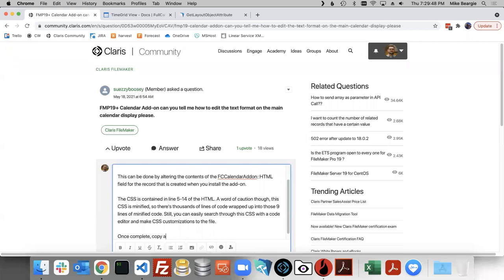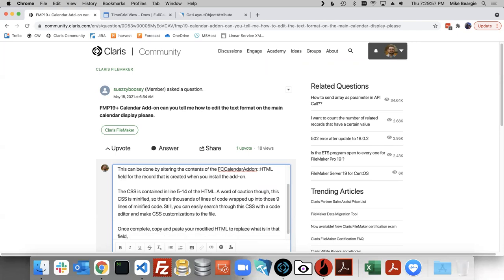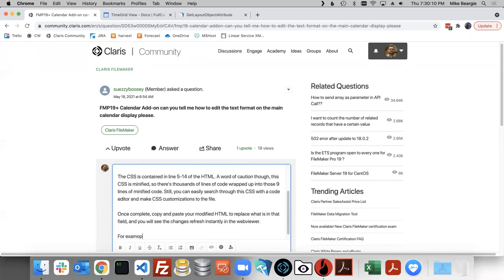Complete this and paste your modified HTML to replace what is in that field, and you will see the changes refresh instantly in the web viewer. For example,